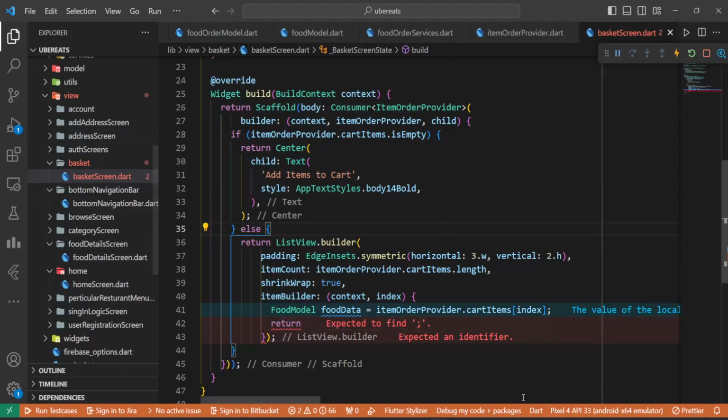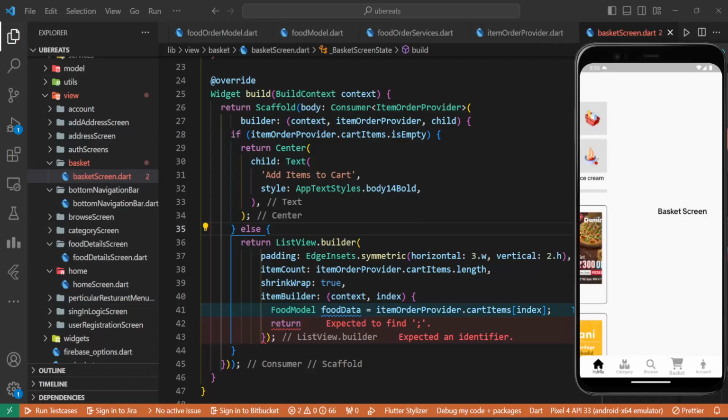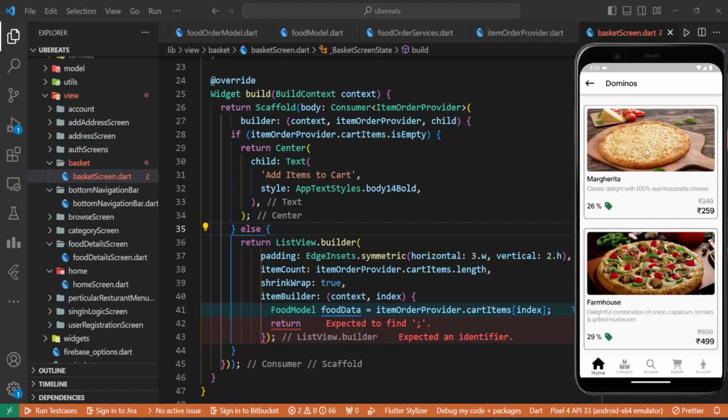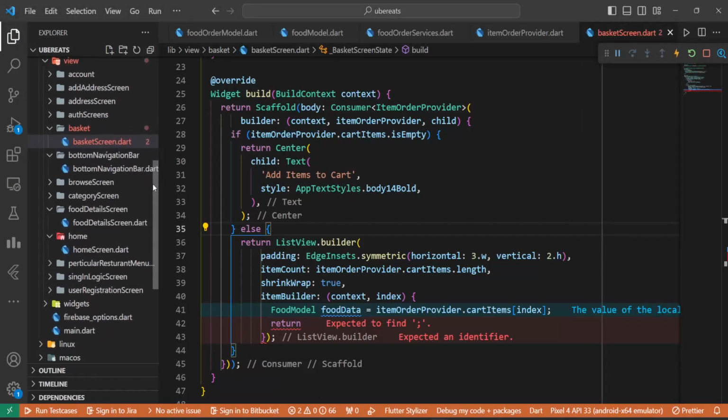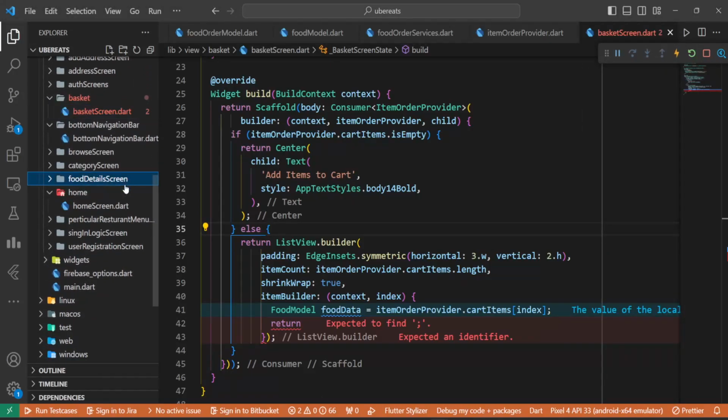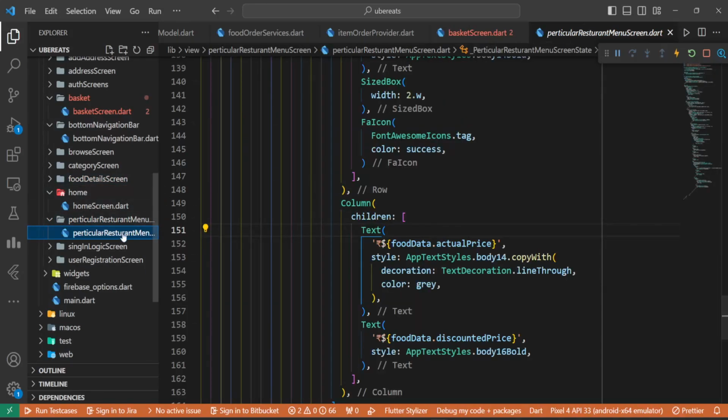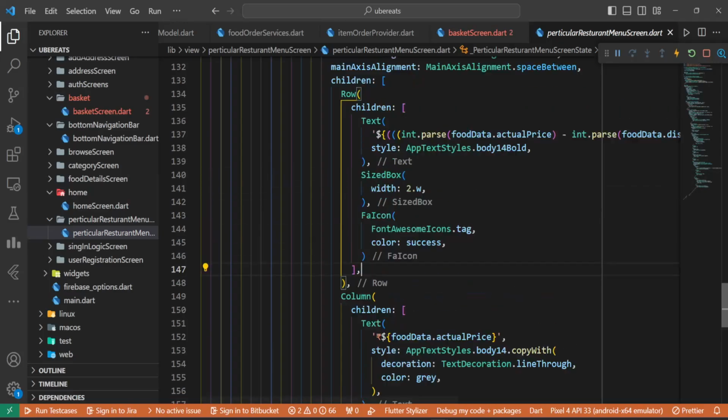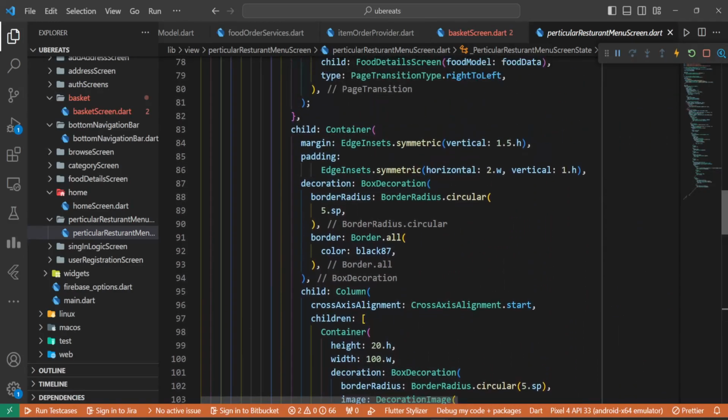So for that, what we're gonna do is that we will copy this UI. Okay, we want to copy this UI, so we will go to the screen, that is not the food details screen. We will go to particular restaurant menu screen, and from here